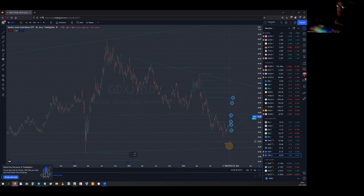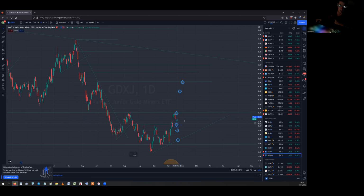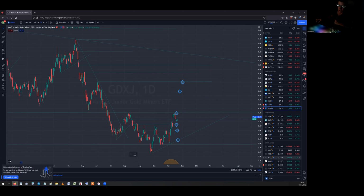I think today was a bit of a nothing day, a sideways day. We didn't get any crazy news or crazy volatility, bearish or bullish engulfing candle. We just got a bit of sideways action. If it's not at 1%, it doesn't really count. Now let's look at certain stocks. There are not many, but about 3 or 4 stocks I want to look at. I'm going to start with